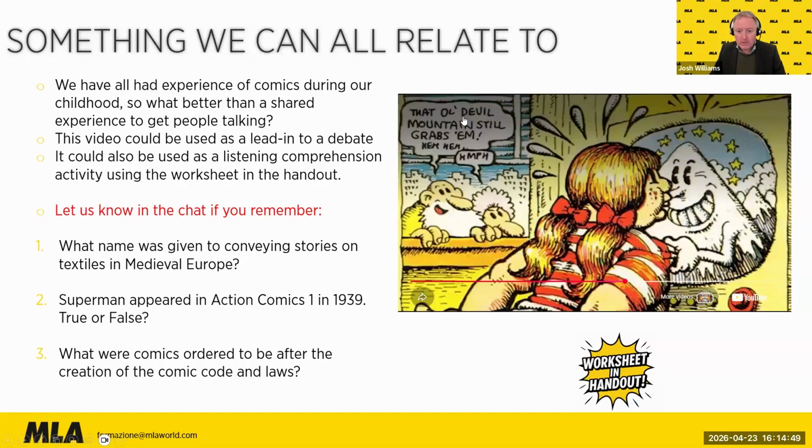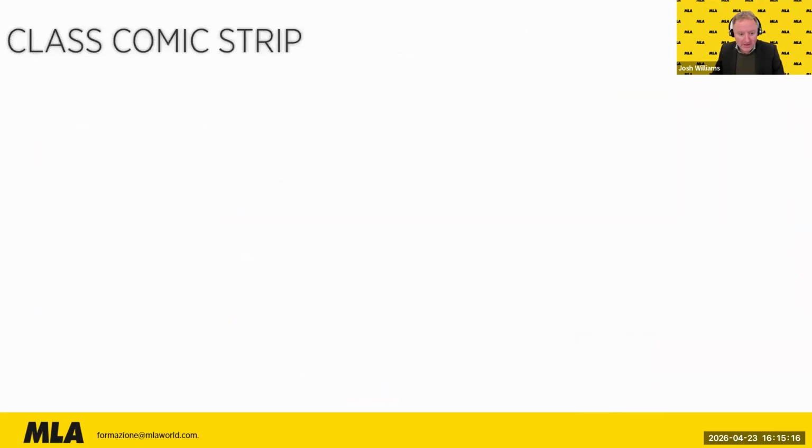I had, oops, sorry, let me just go on. Okay, so we had tapestries as the name given to conveying stories in textiles in medieval Europe. The number 2 was false because it was actually 1938, not 1939. And they were ordered to be, or self-imposed order to be, upbeat and morally positive. I don't know how that worked out in the end. With that, I'll hand over to Felicity, who's going to tell us about an activity you can do in your